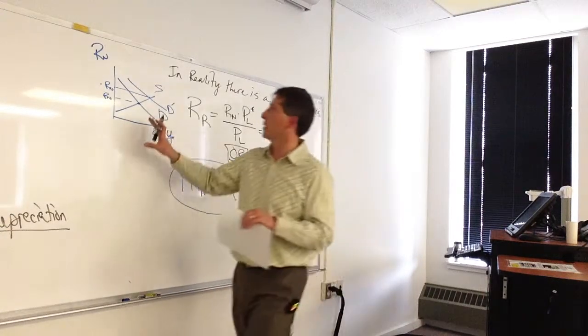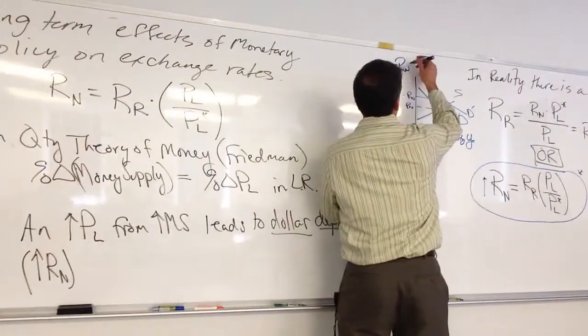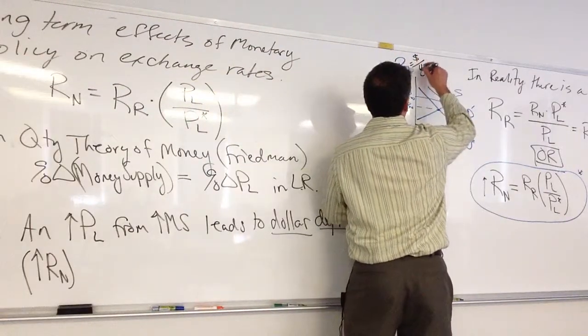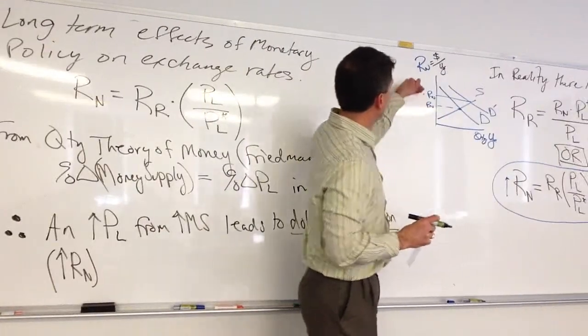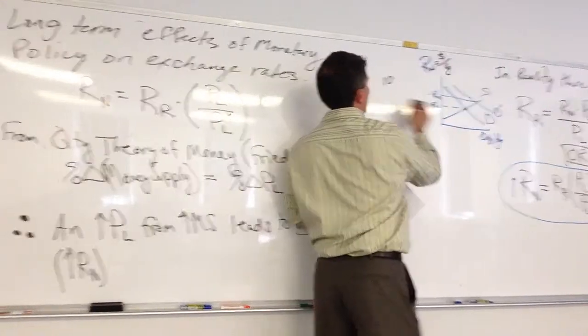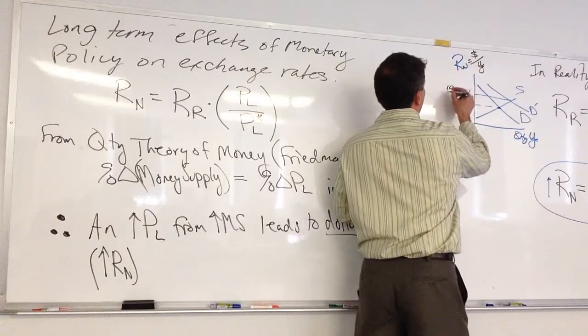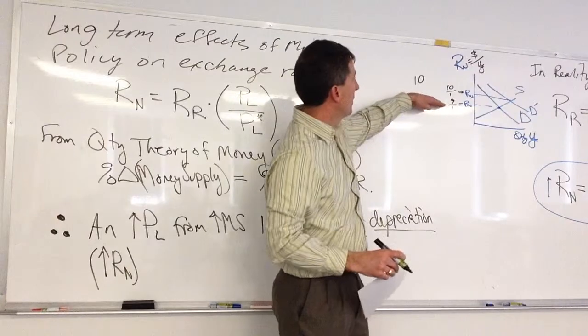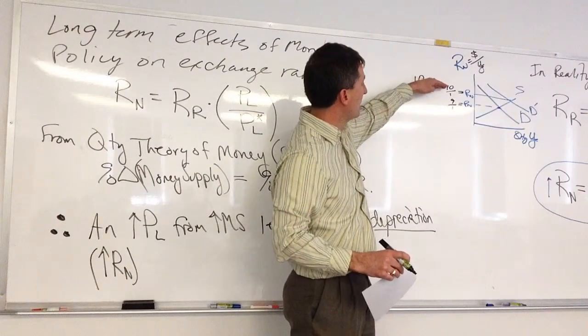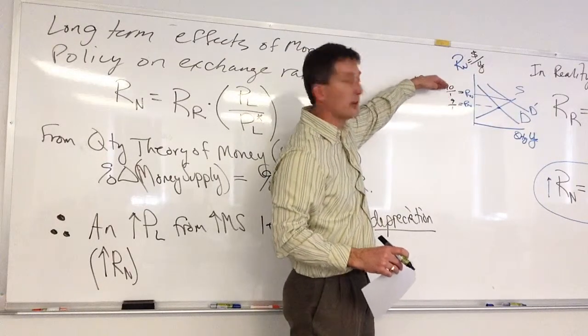So here, let me go back to this one. Yeah. So if this is yuan, this is dollars per yuan. Right. And so if this goes up, if it goes up from 10 to 1 and this is 9 to 1, right? Right. So a dollar used to buy 9 and now it's buying 10,